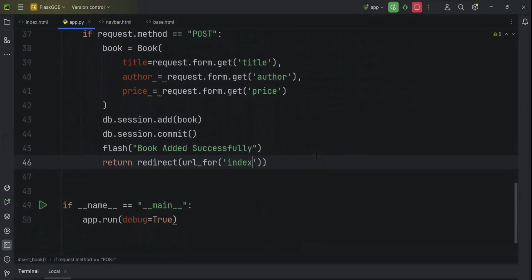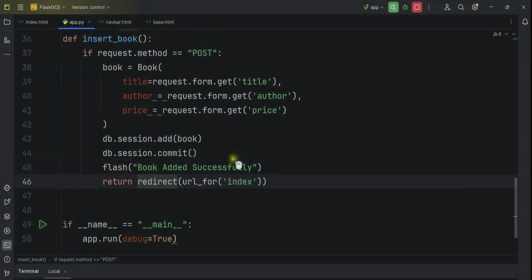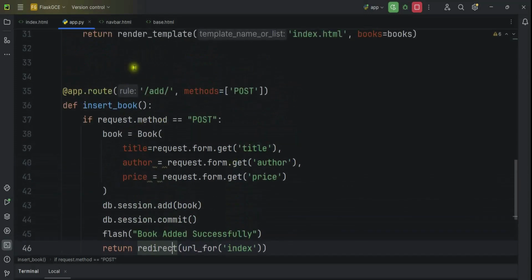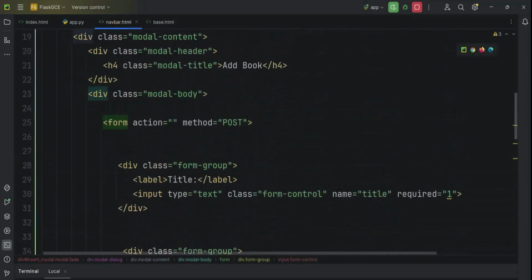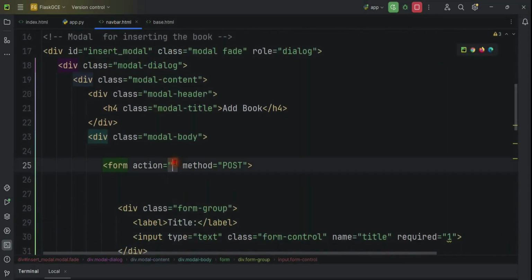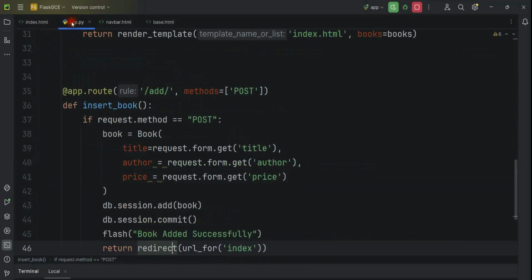Now we will talk about the flash messages in the next lesson, but right now we have flash. You can add that. Now we have our insert_book. After that, we need to open our navbar where we have our inserting modal, and in the form action we need to add url_for, and in the url_for we want to use insert_book. Now also we need to add the secret key in our app.py